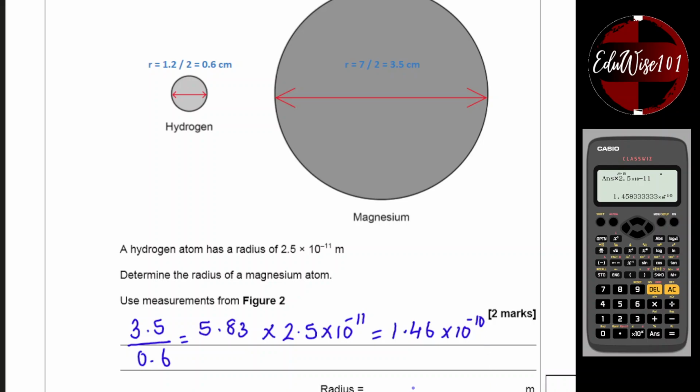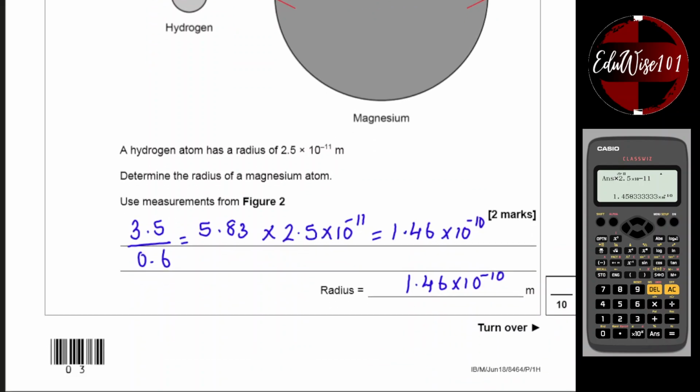So that's close to 1.5. And so I'll leave it at 1.46 times 10 to the power minus 10 meters. Now, the marking scheme gives a range of acceptable answers between 1.4 to 1.6 times 10 to the power minus 10. So we've got that within the range that we actually need. That brings us to the end of question number 1. I will see you in question number